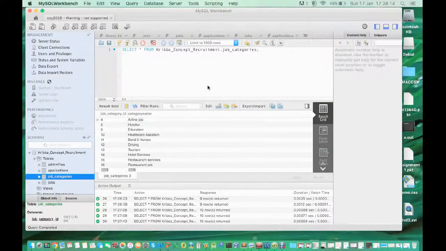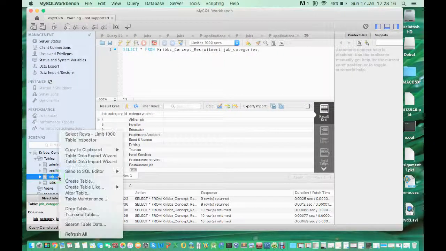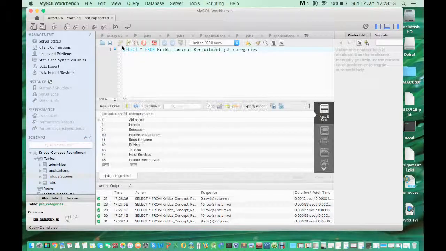Go to the database and we go to job categories, then we update it, then it will show us that the restaurant job is being deleted. So I'll go back to the page again,